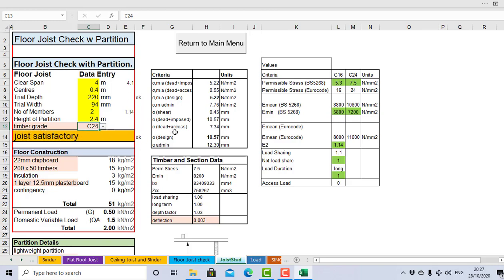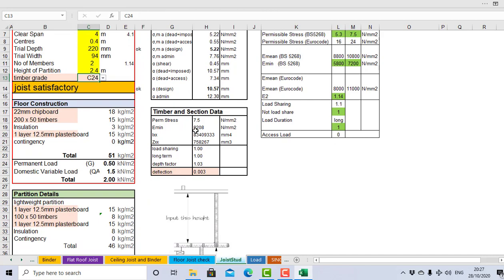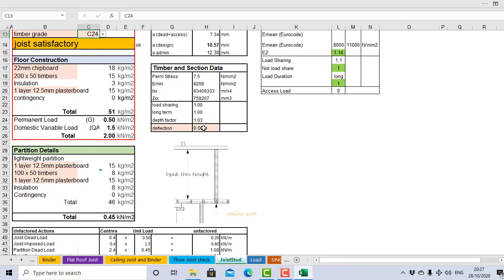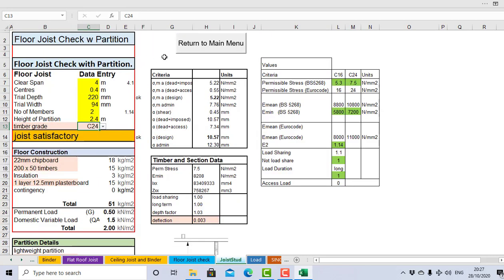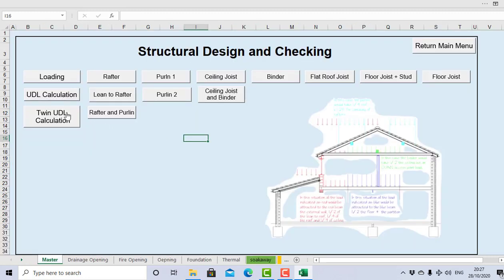So again, this is all based off Superbeam, so it's a little bit more economic than the tables. But like I said, I've done a lot of testing on this. It's close to the mark, but I still need to do a little bit more before I release it. It's just a matter of getting all of this right in principle first. So that's more or less the